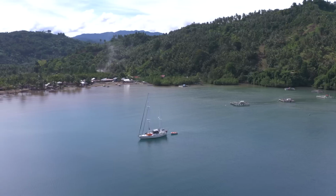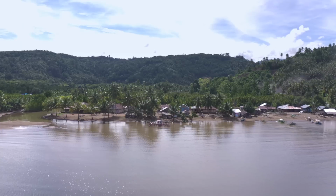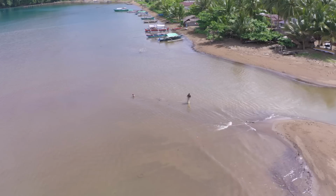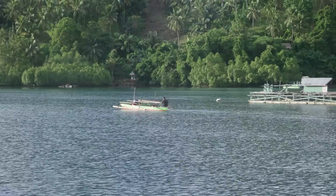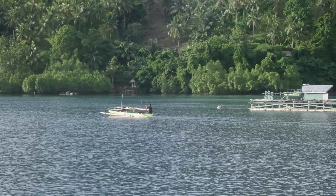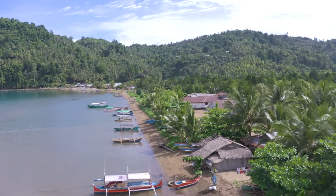As we came around the corner, as I suspected, we had a little bit of current against us and the beginning of this westerly wind, which has been predicted now for the last couple of days. So we just tucked into our first bay. It wasn't the main one we were after. The next one up was another 15 miles away, but at 3.5 knots, it was going to take a while to get there. So we've come to this place, which has no internet connection, is not marked on the charts,